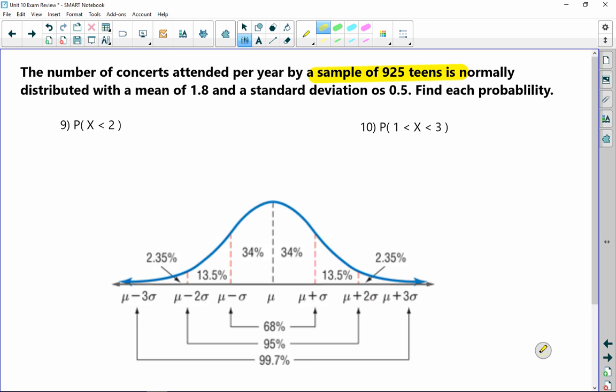Okay, so I have to make some modifications here. I can still use this normal distribution to get some of my values. Everybody with me? Okay, so here's what I need to do first. Let's figure what my deviations are and see if I can match them up. What's my mean? 1.8. And then my next deviation is what? If my deviation is 0.5,